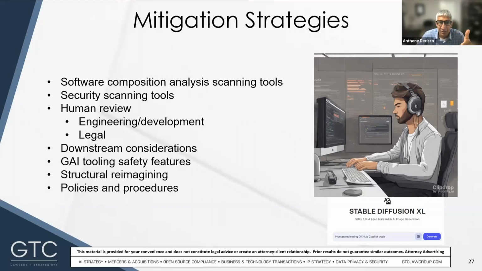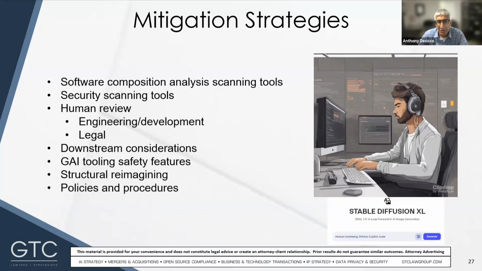And we saw that the stock functionality might not work, and GAI tools can often generate code snippets. So I'd say it's important to pick an SCA tool that can match at a snippet level, not just a package level, because it's rare that the GAI tool is going to suggest an entire package. And then you also need to consider whether the scan should be performed each time a GAI tool is used, or just follow a more regular cadence used by the company already. Maybe it's your build cycle or your release cycle. And of course, you need to have a process for reviewing and complying with the results of the scan.